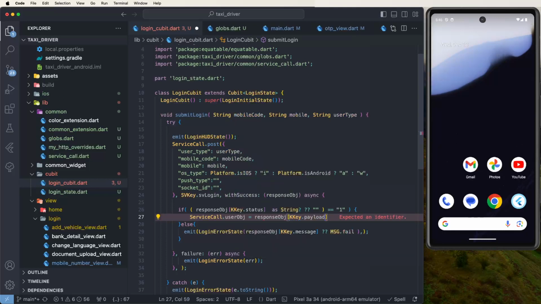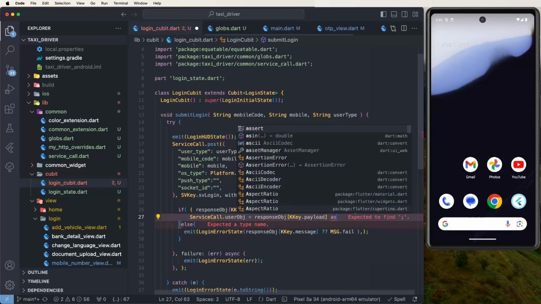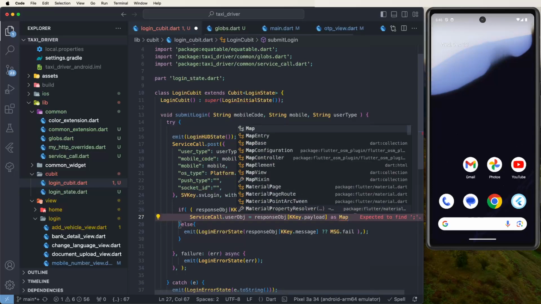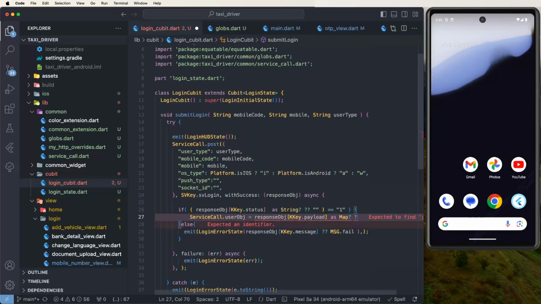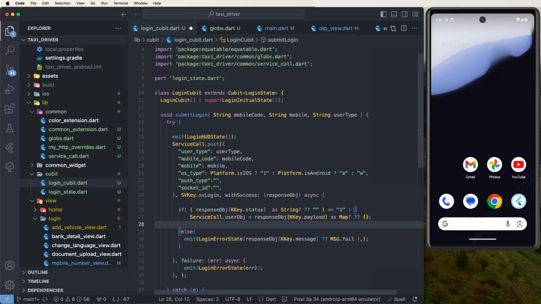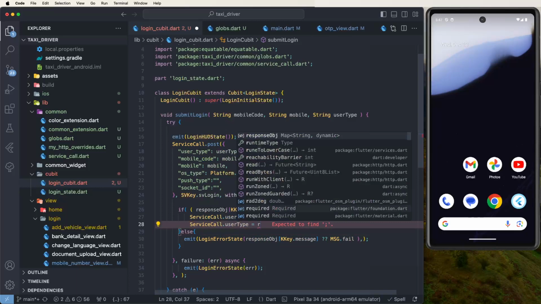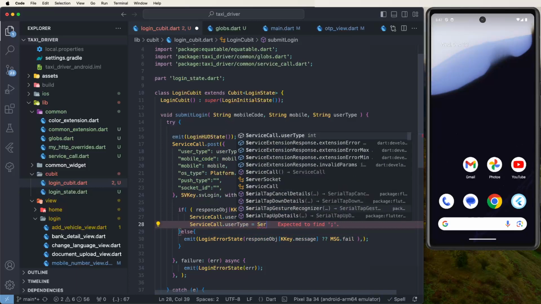We need to use here payloads, and we need to pass here maps like this call here. Then after we need to give this here the service call dot user types. We need to pass this here is equal to, need to use here service call user objects,